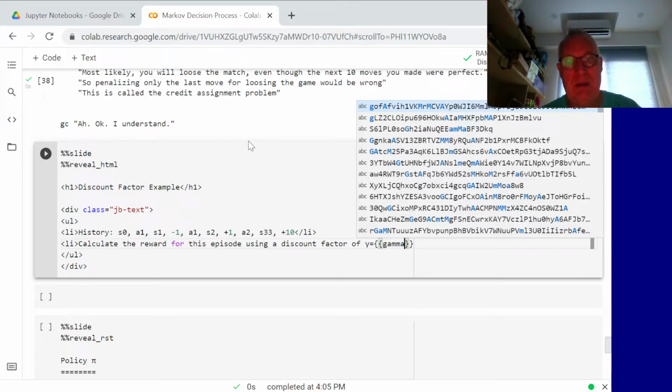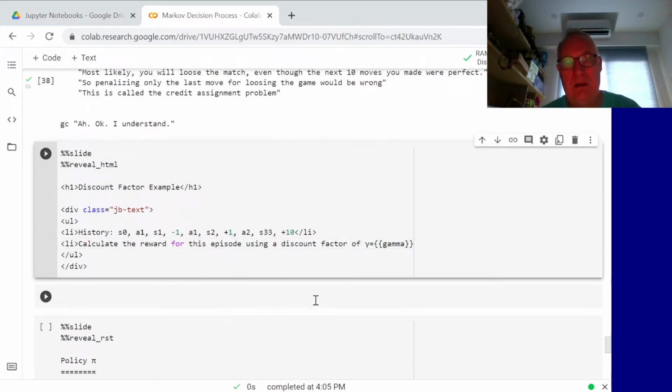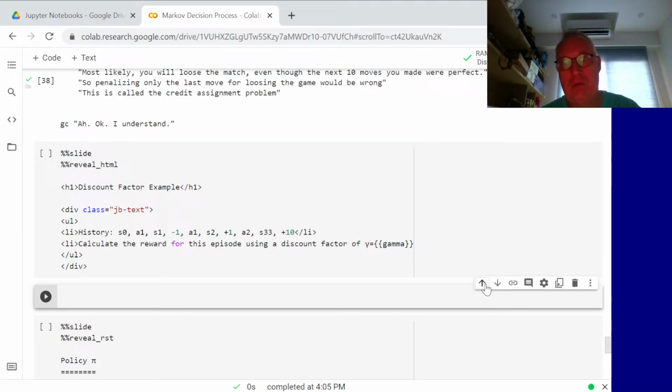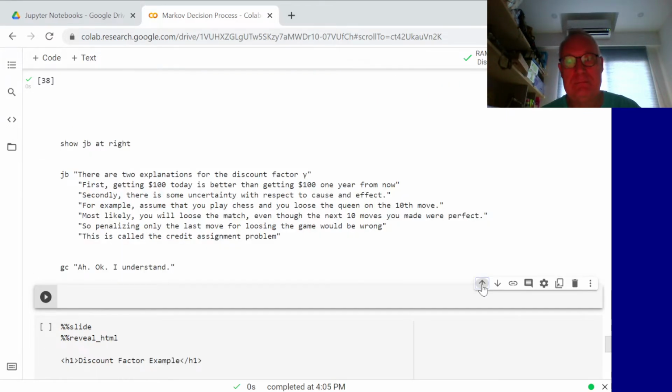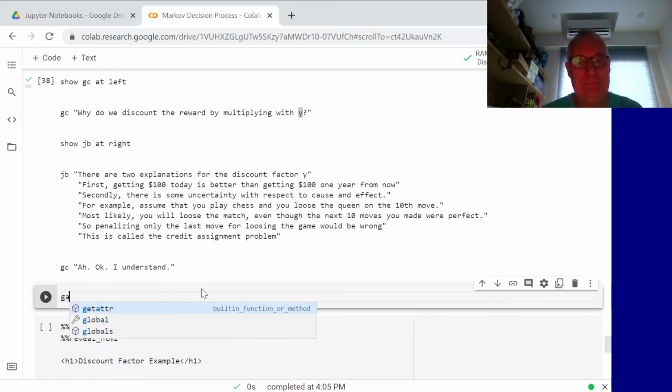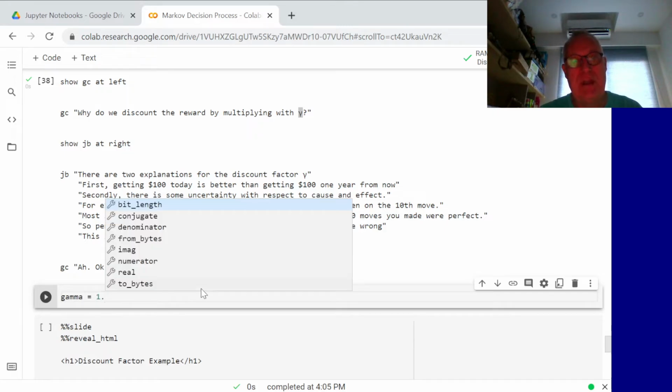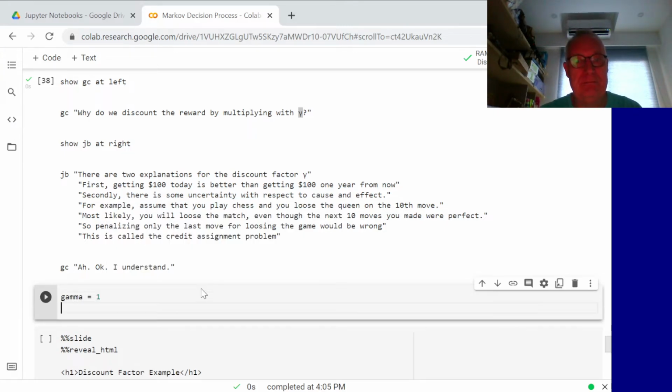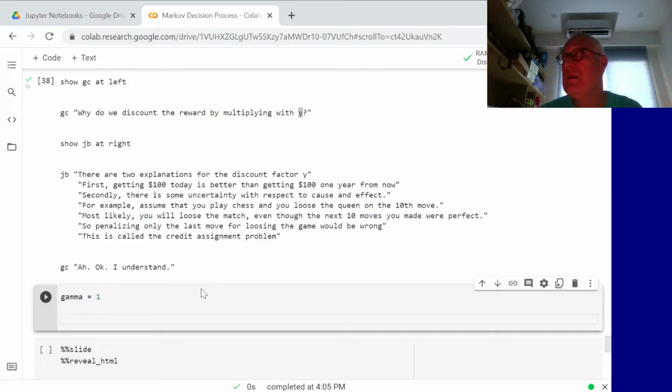I guess we can do that. Oh, I set gamma to 1 first, and then